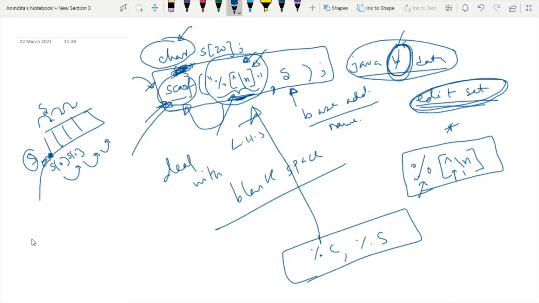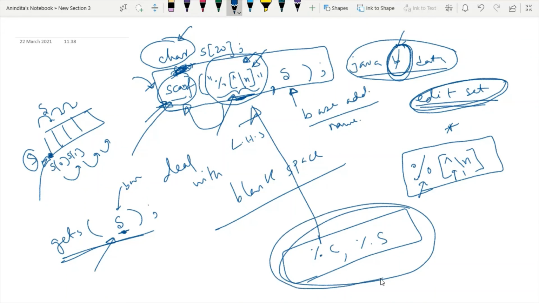Apart from scanf, now we will also have gets, right? So in gets also, I'm just writing the syntax. Using gets is also very easy because while using the gets function, you don't have to mention any specifier. You just mention the array name, meaning the base address, then the gets function will automatically take input. So it is very simple. The gets function can take input just using the base address without concerning about the specifier, without concerning about the edit set. It is very easy syntax.